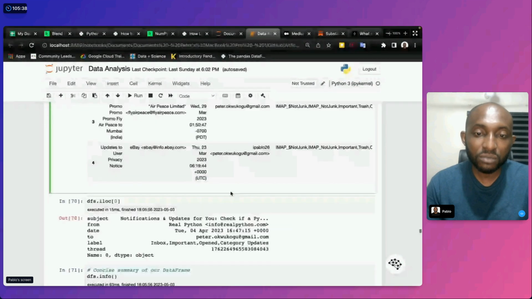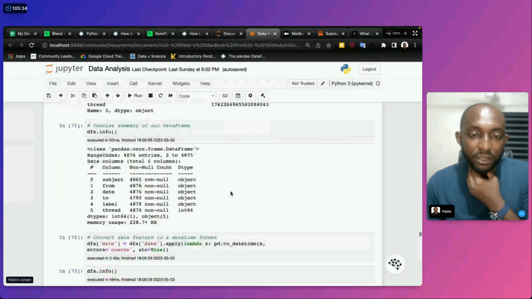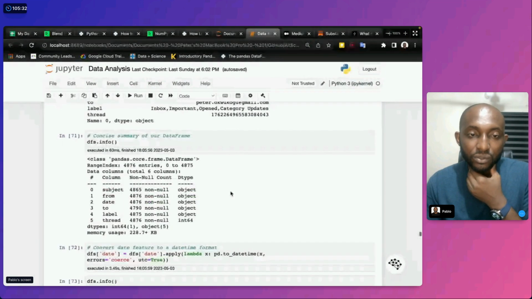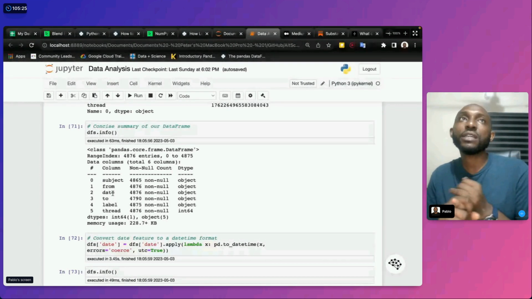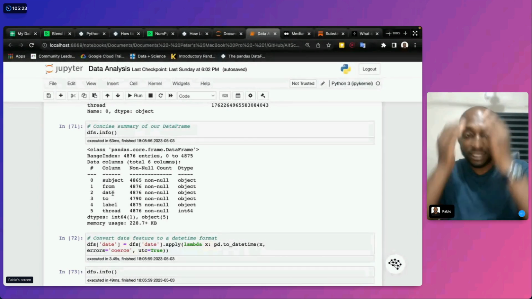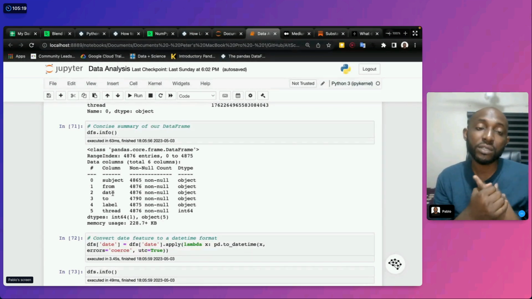Then we started to do some refactoring, right? One of the first things we tried to do was to transform the date column, because one of the first things you will do when you collect data is look at the data, and the first question you're going to ask is if the data has a problem.